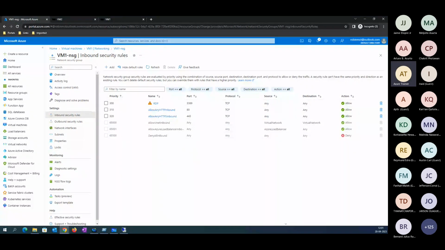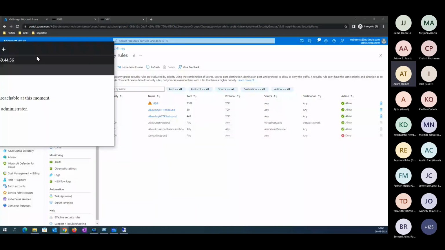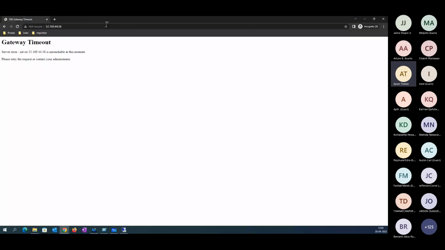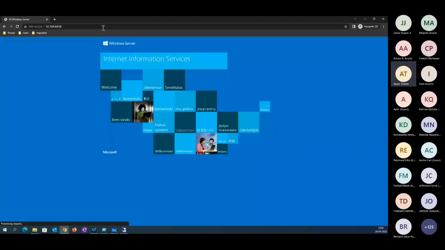Let's go and verify the server again. I'm connecting to the server again using the public IP address. Let me enter here. Right now, you can see your HTTP is working. How is this working?